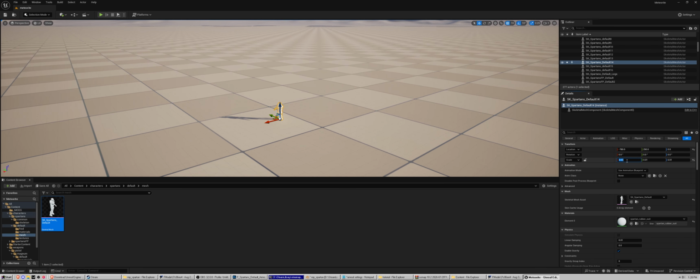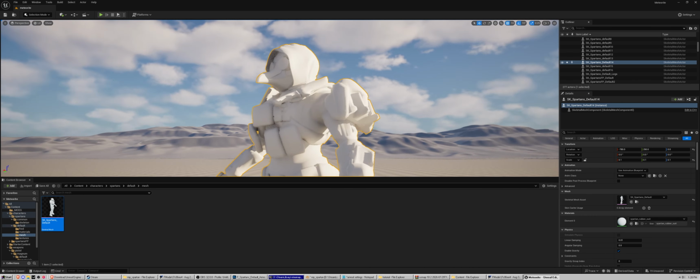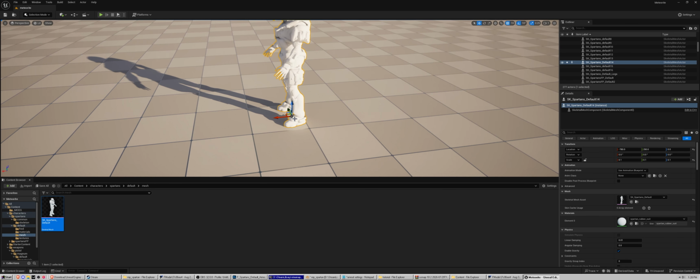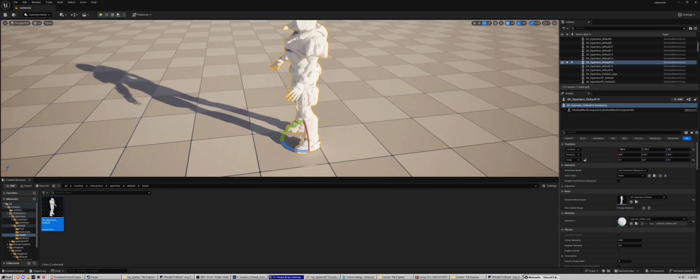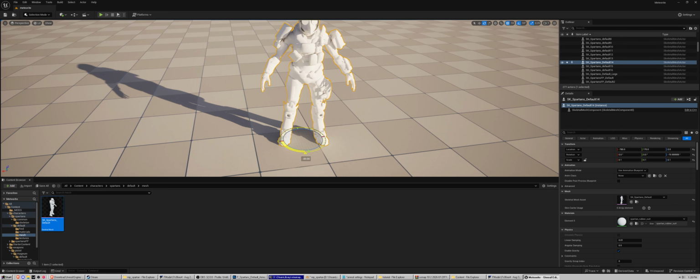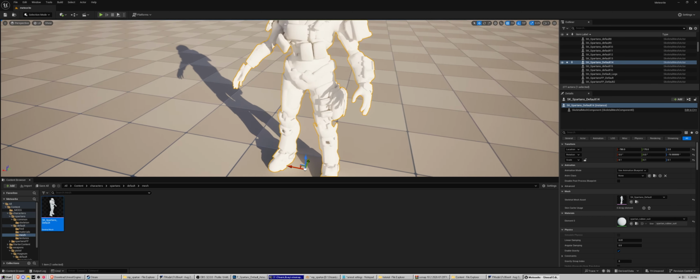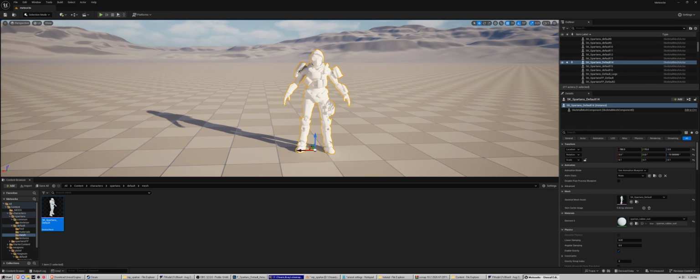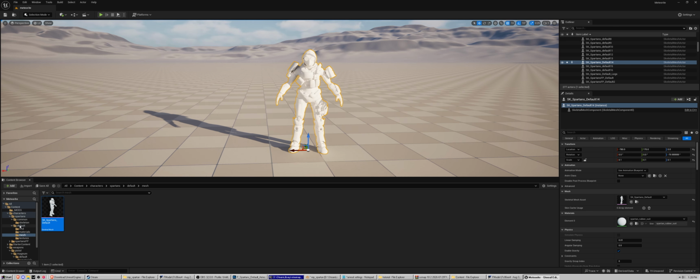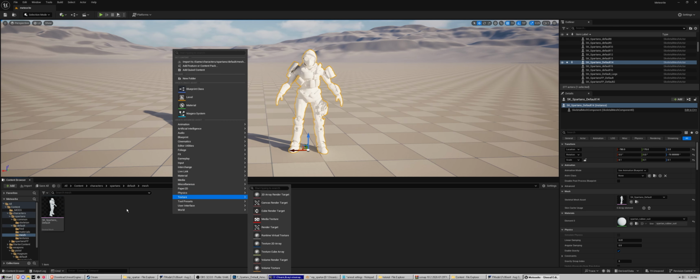Never mind, set it to 0.1 on all of them. And this will make it the correct size for whatever we're doing, right? And then that will be about it, actually. Oh, wait, no. So then with that, you're going to want to come into here and right click, go